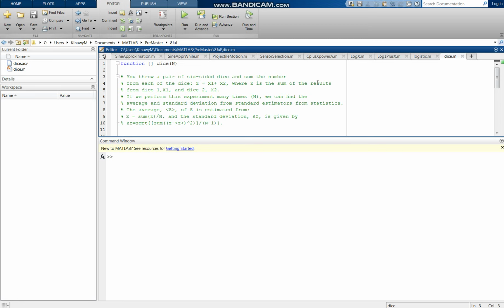The problem says that we have a pair of six-sided dice, each one numbered from 1 until 6. And the output of the first dice, we will name it x1, and the other one we will name x2. The data we want to compute the average value and the standard deviation of is z, simply the sum